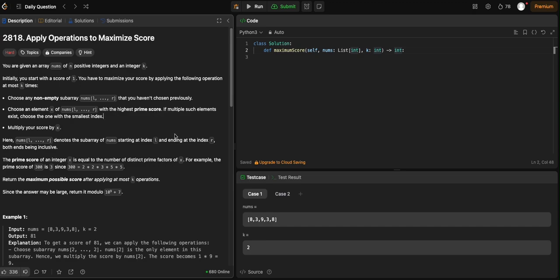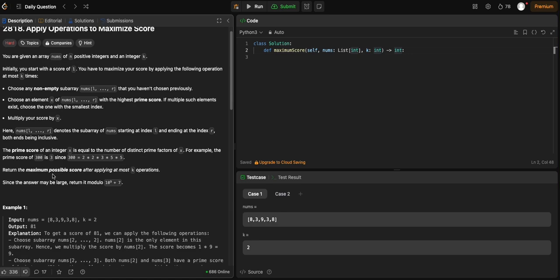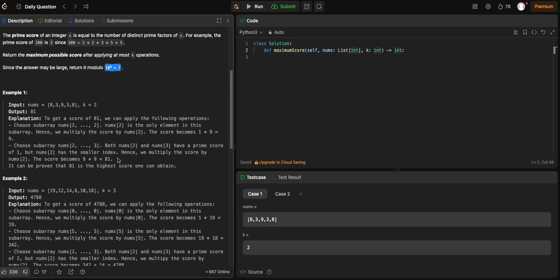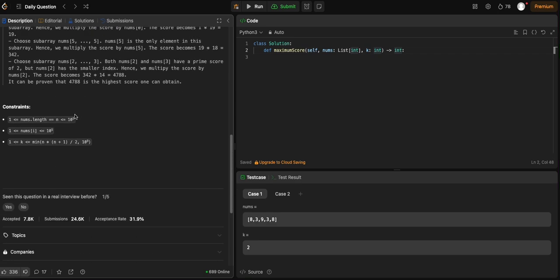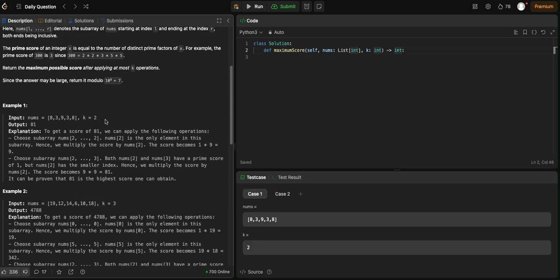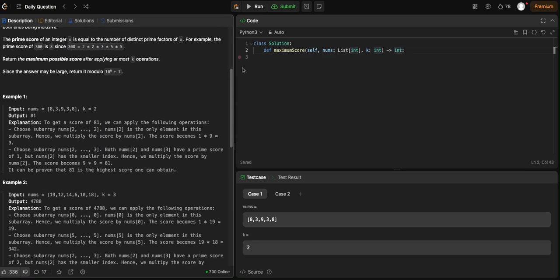And obviously L and R have to be within bounds. So the maximum possible score, and then we want to modulo it because it could be very large. So if k is 2 here, we definitely need a quick way to find all the prime scores for each number. Because it is only 100,000, we can use the Sieve algorithm to find the number of primes. When I cook that up, it will be very clear. The other observation we have to make is